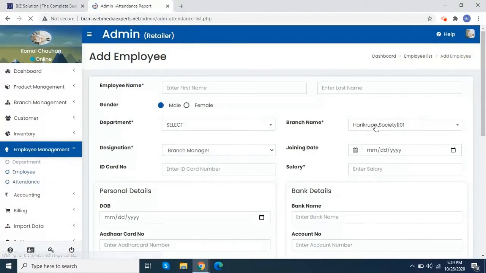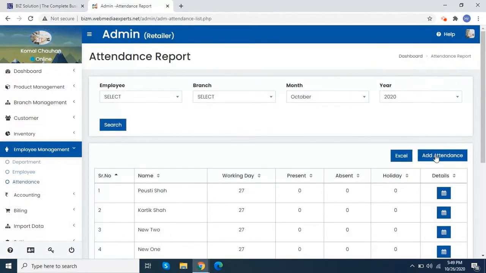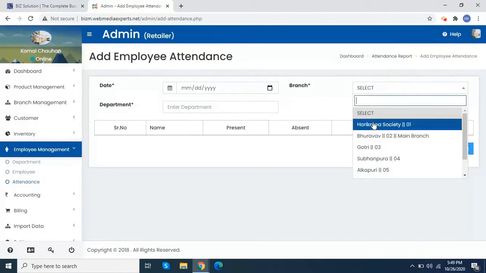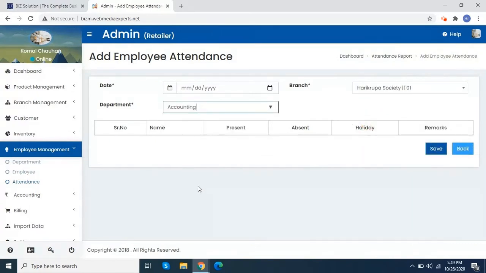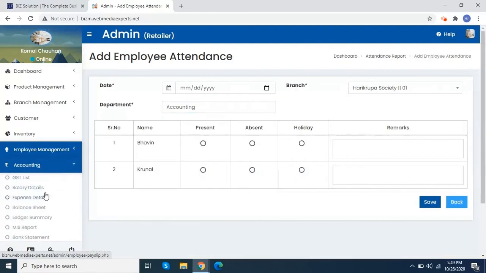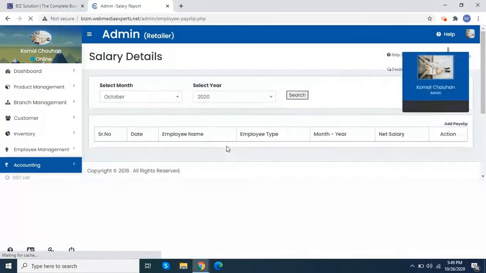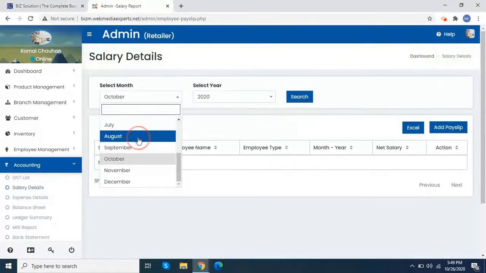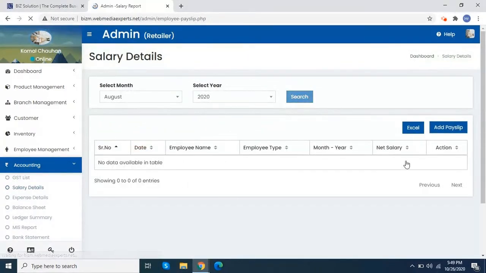In attendance, branch wise and department wise attendance can be seen of all the employees. In accounting module, salary details of the employees can be viewed and their pay slips can be generated.